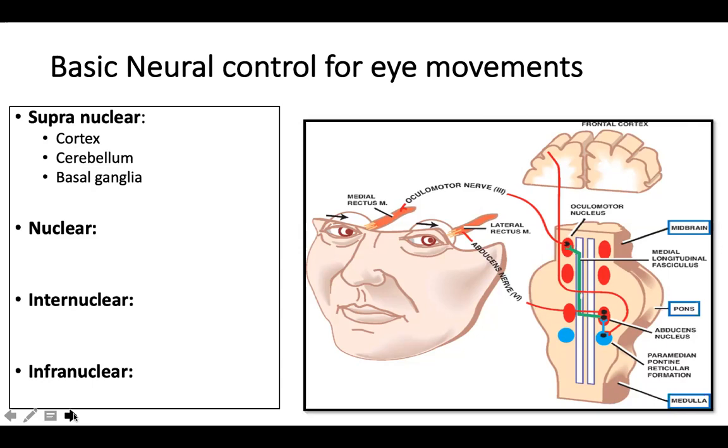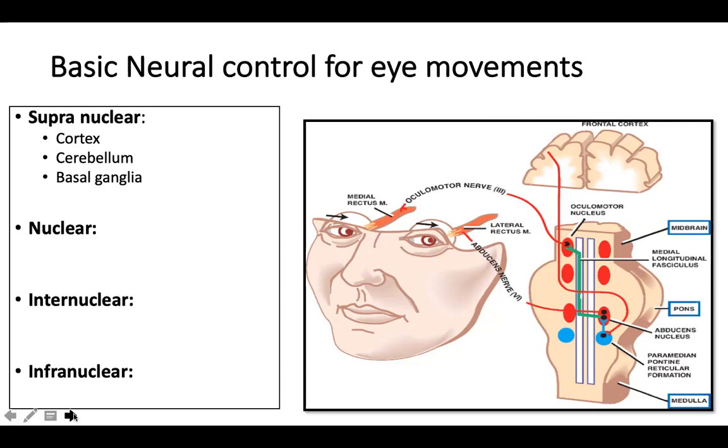But if you have control right from your brainstem, that is nuclear, and internuclear, that is the connection between two different nuclei, like the sixth nerve and the third nerve nuclei, or if you have the cranial nerves, then the symptoms are usually localized only to the eyes, and usually a nuclear lesion or a cranial nerve lesion leads to a complete paralysis of eye movements known as palsies. Whereas your internuclear lesions, the connection between your sixth nerve and the third nerve nuclei by the medial longitudinal fasciculus, usually cause conjugate gaze palsies but do not produce a complete monocular eye palsy. So these are some of the basics. You need to revise and brush up these basics.